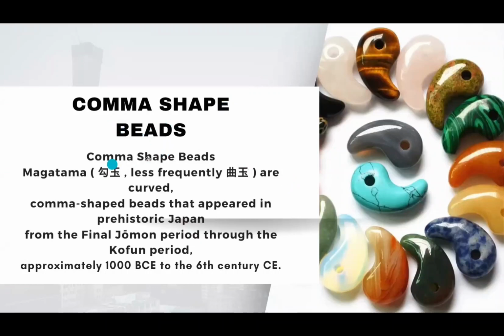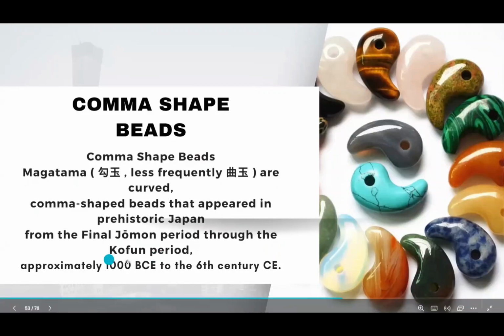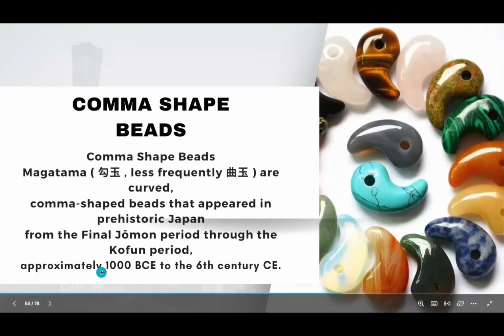Comma-shaped beads, magatama, meaning curved beads, appeared in prehistoric Japan from the final Jomon period through the Kofun period, approximately 1000 BCE to the 6th century CE. And it is called